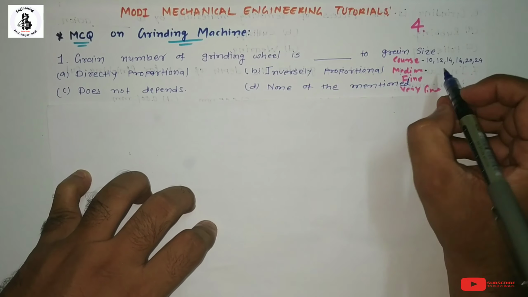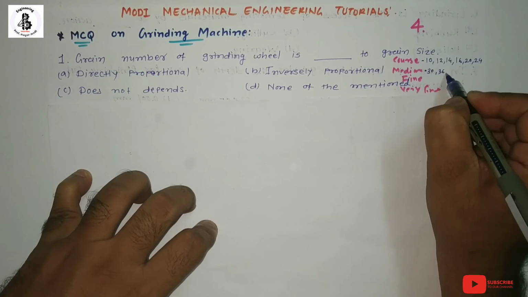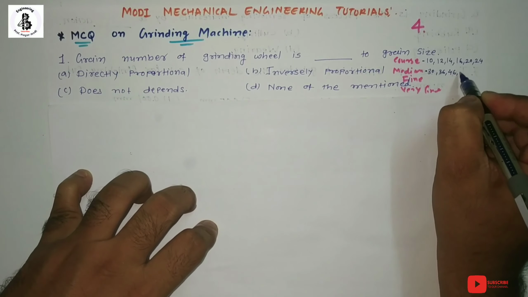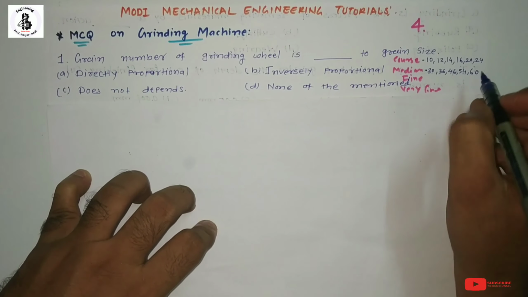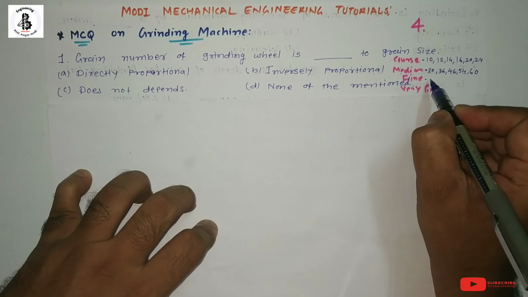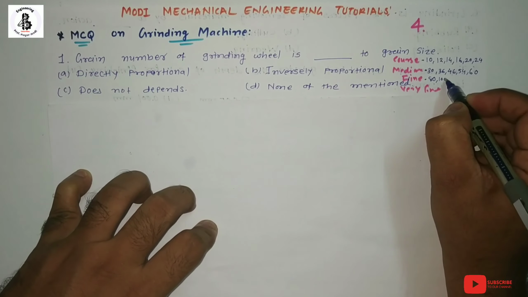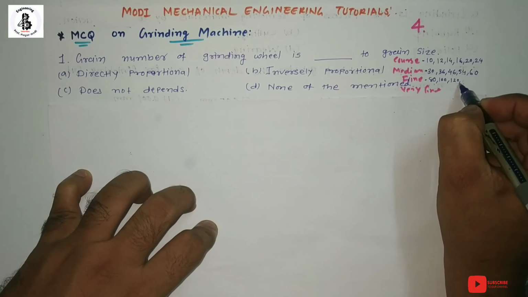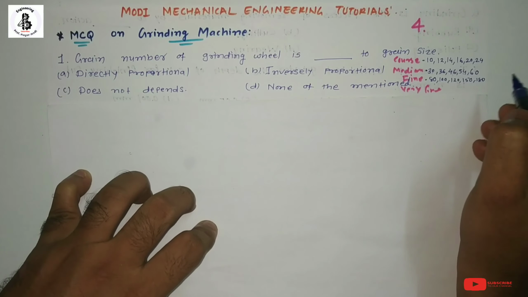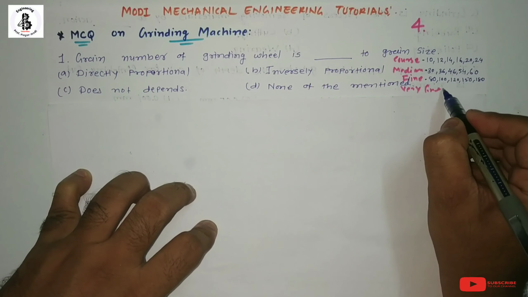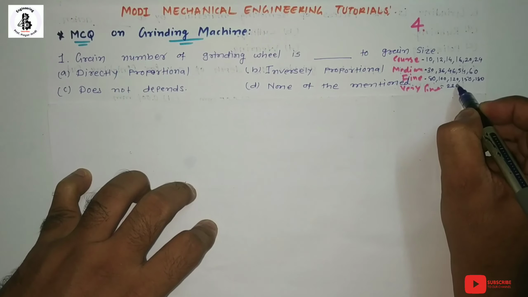For the medium size, the range is 30, 36, 46, 54, 60. In case of fine grain size, it is 80, 100, 120, 150, 180, and for very fine grain size, generally it is 220,